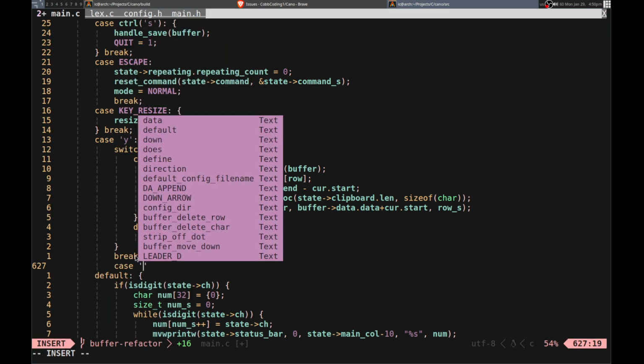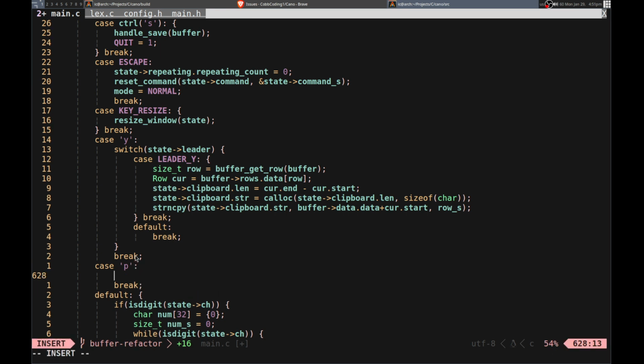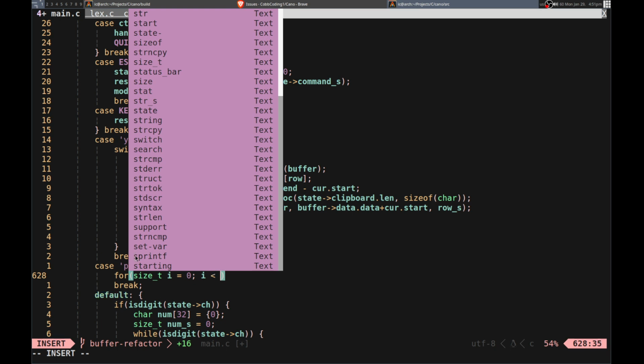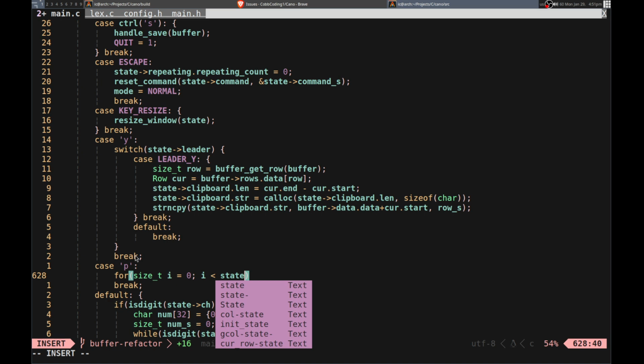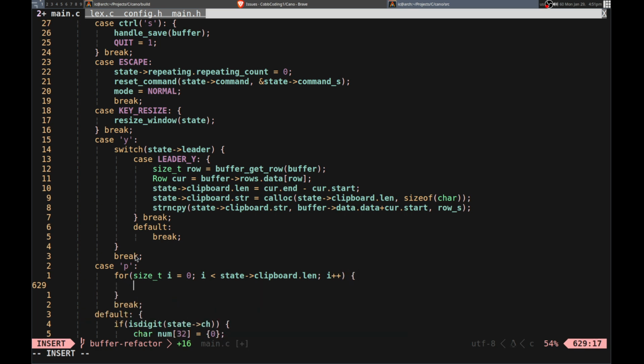So case p. And we'll just iterate over the size and insert each character one at a time. For now, at least. I need a way to insert larger strings. I'll do it, but for now that's what I have to do. So let's see. And it will be zero initialized as well. So if we don't have anything there, it'll just not iterate at all. And I might need to do +1 on the length, actually. But I will see. So buffer, insert character, buffer, and